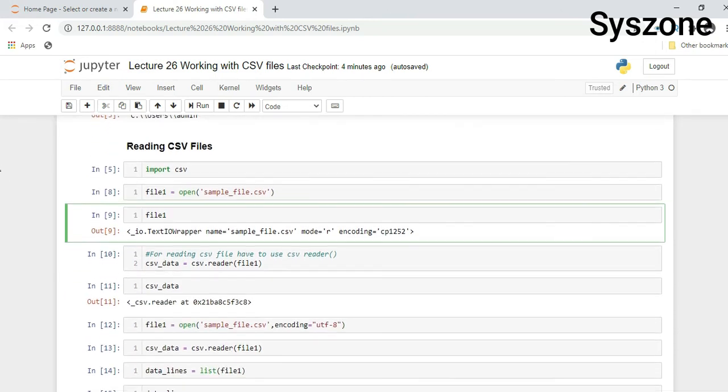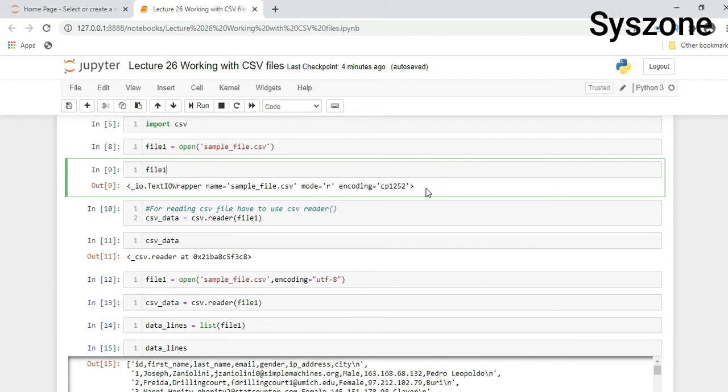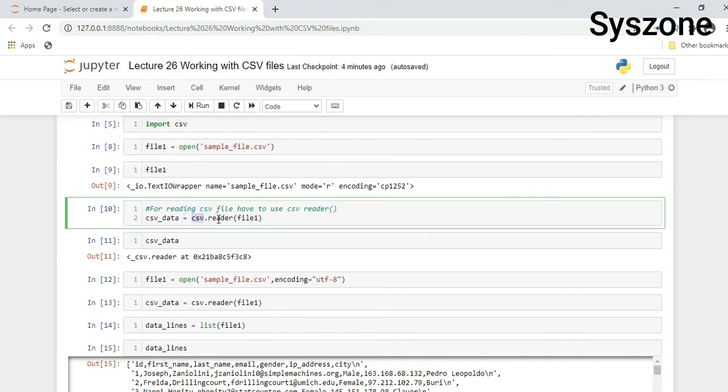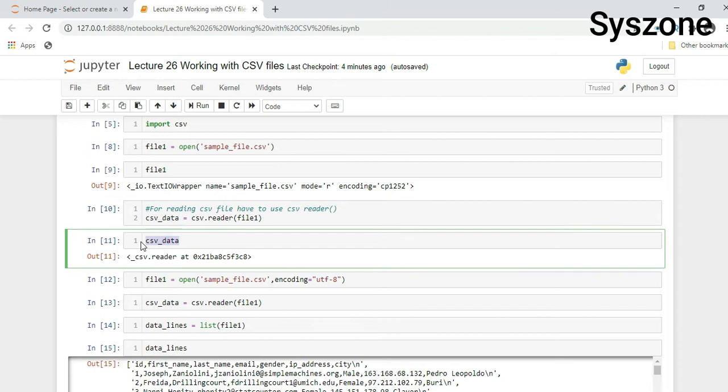Then for reading we have to get a reader: csv.reader, and the file we stored in the file1 variable, we will read that file. After reading it we will store it into the csv_data variable. After executing this variable, it will return a memory location where the file is stored.